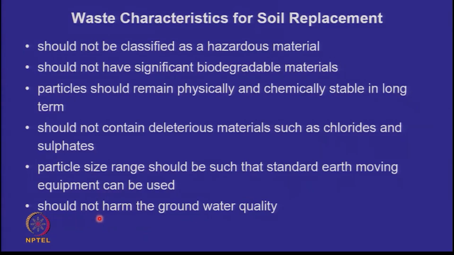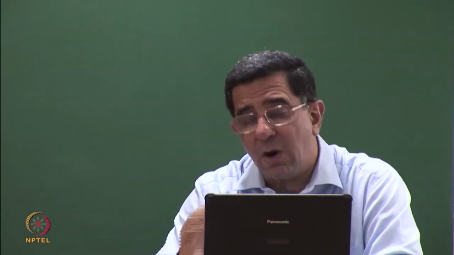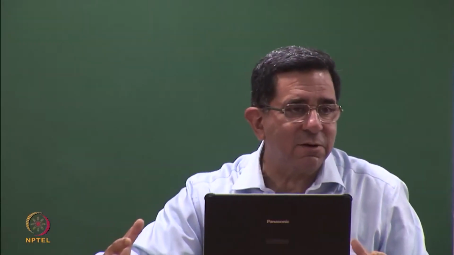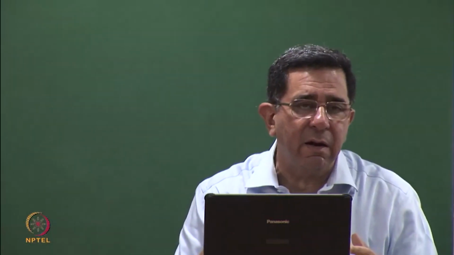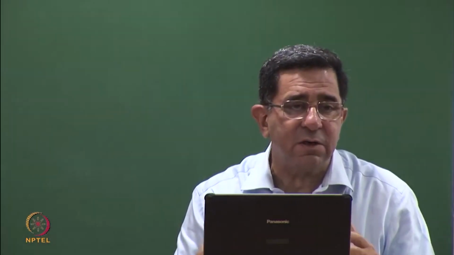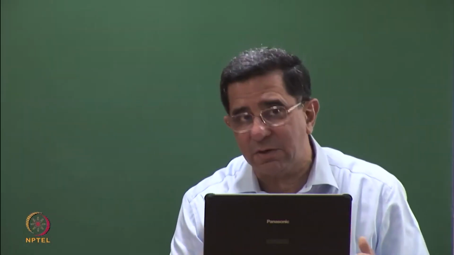And it should not harm groundwater quality. Whatever the constituents are, you must be 100% sure that once you are putting it on the ground, it should not harm the quality. And it should be fairly homogeneous. You design an embankment with the waste that is coming in. Today it's coming in as silt to clay range, tomorrow it's coming in the silt to sand range. That means as you are building the embankment, the soil is changing. You do want fair homogeneity, that means lack of heterogeneity in your material.